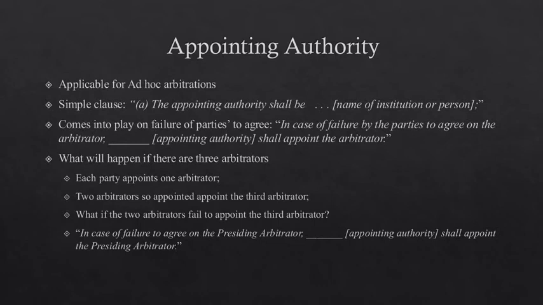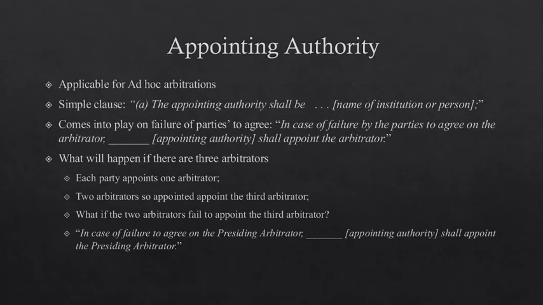But there is one thing that you must note before choosing an appointing authority. The appointing authority, or a person or even an office, must be ready to appoint the arbitrator. It wouldn't make sense, for example, to say that the President of the United States shall be the appointing authority when the President of the United States might not even be engaged in that activity of appointing arbitrators.